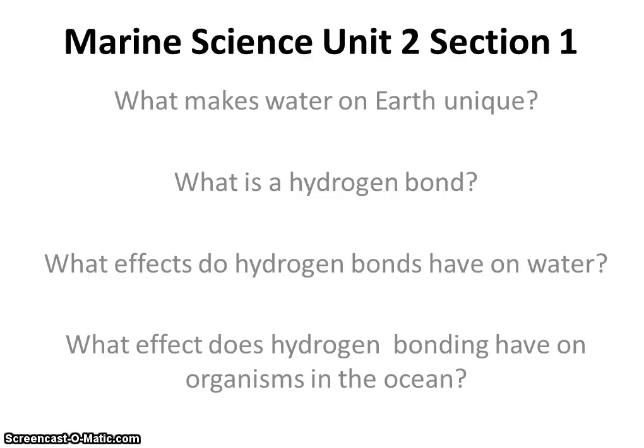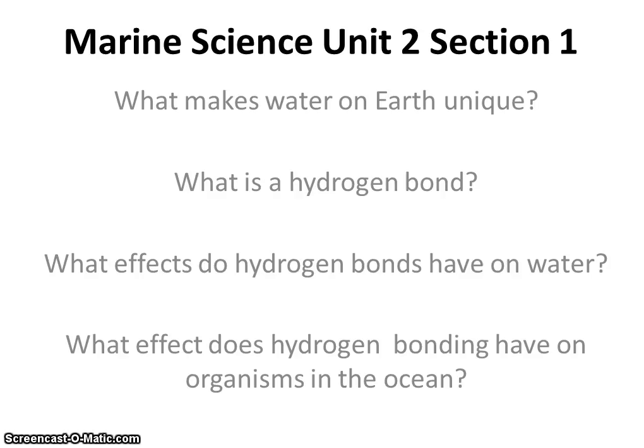What I really want to start talking to you about today is the idea of how water as a molecule actually affects the life on Earth and the life in the ocean. So we're going to start talking about what is water the molecule and why is water on Earth unique? Why are we the only planet with life on it? And what does that have to do with water? And then we're going to talk about what water molecules actually do in solution. And the reason we're going to talk about that is because it has directly to do with a lot of the way life is in the ocean.